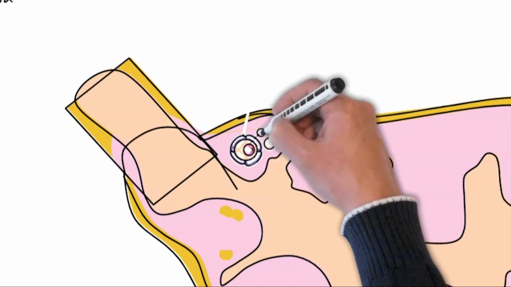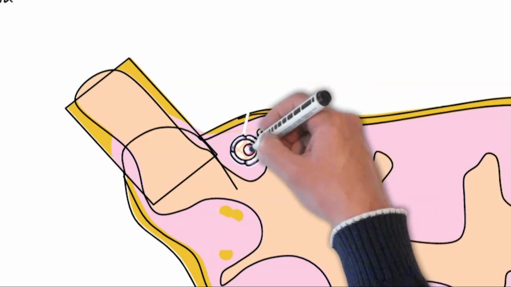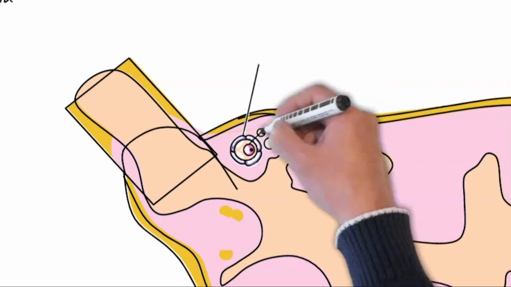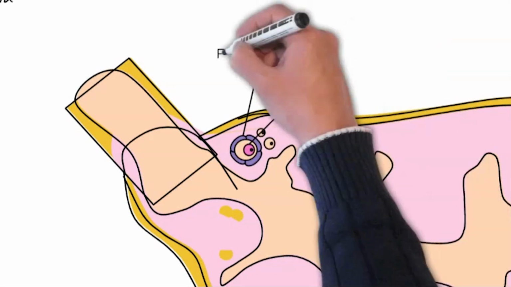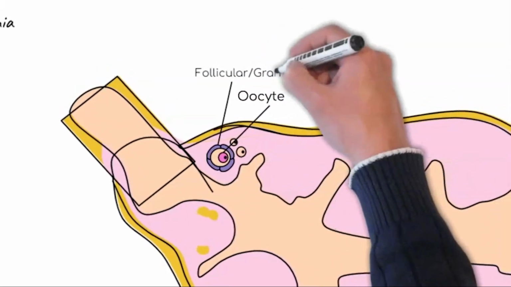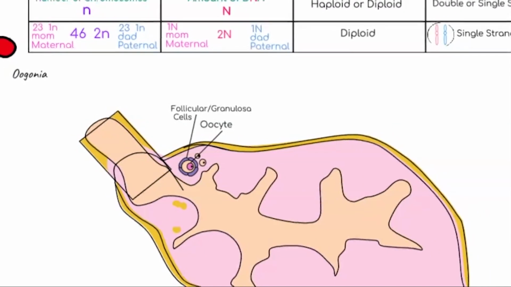These Oogonia cells themselves will keep going through the mitosis process and go on producing more and more Oogonia. So all of these cells will continue to have the same genetic material. I'm kind of repeating myself a little bit, just to make sure that right now we're still going through